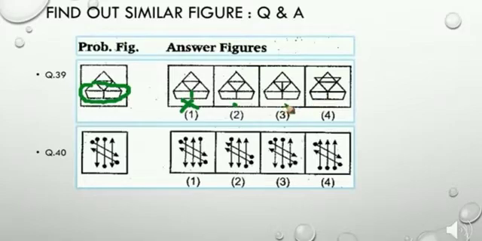Let's go to option 3. Yes, it is there. In option 4, yes, it is there. So in the first attempt we ruled out option 1. Now, since we know that option 1 cannot be the answer, now let's see